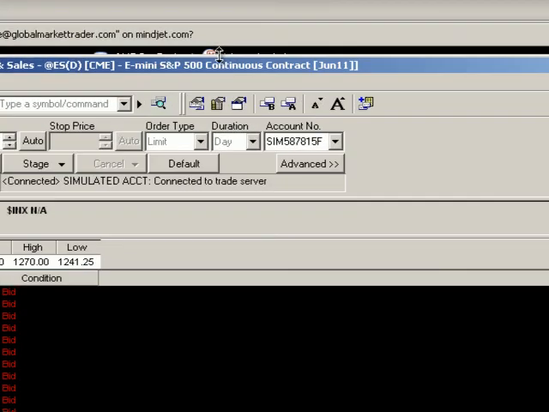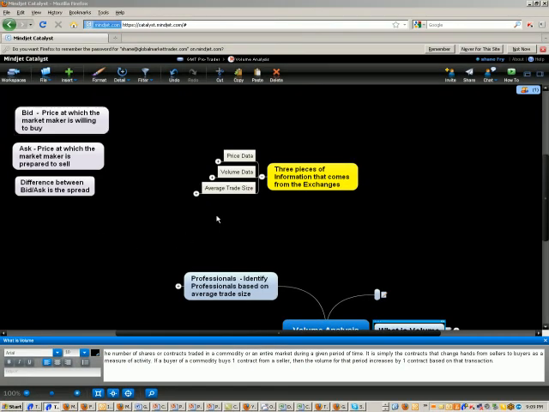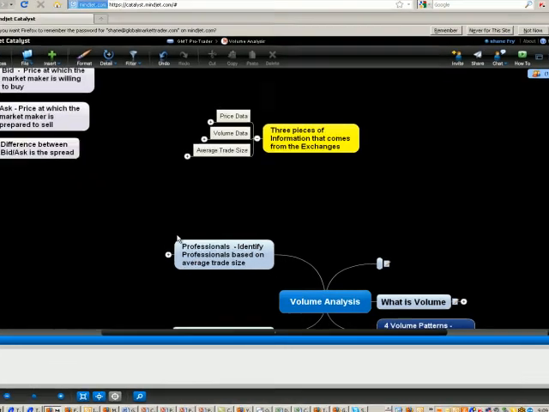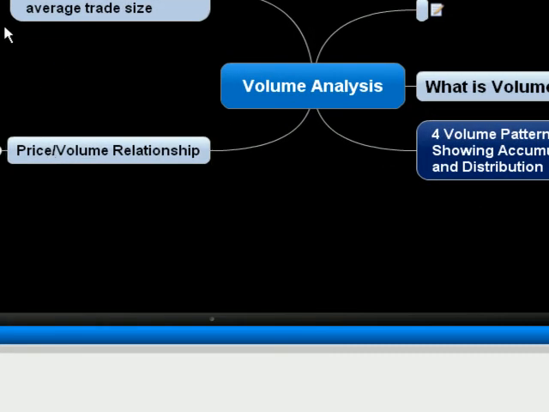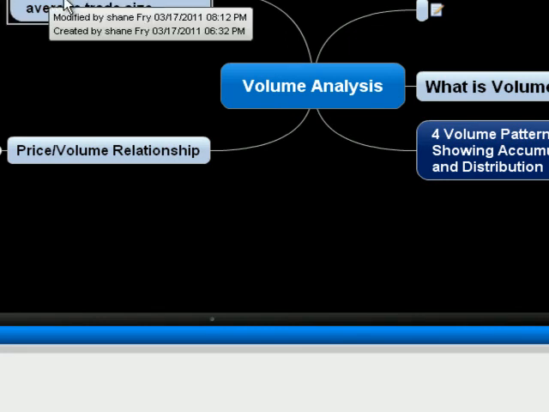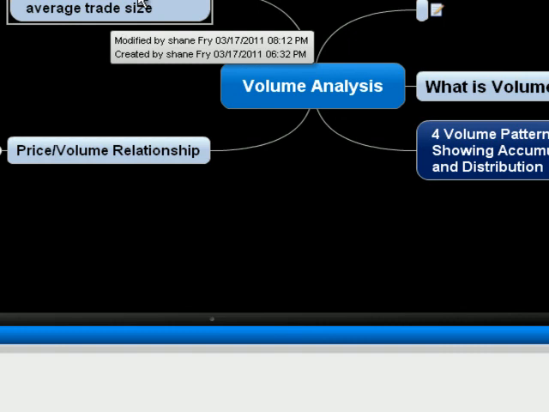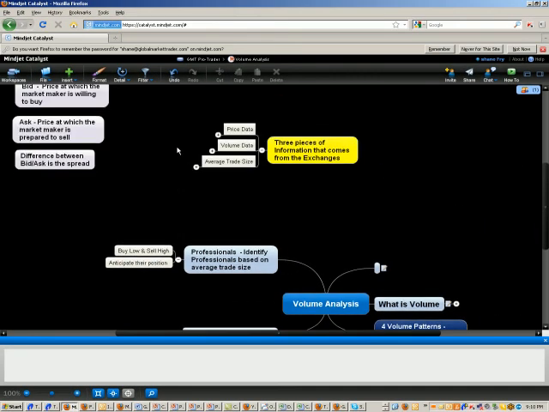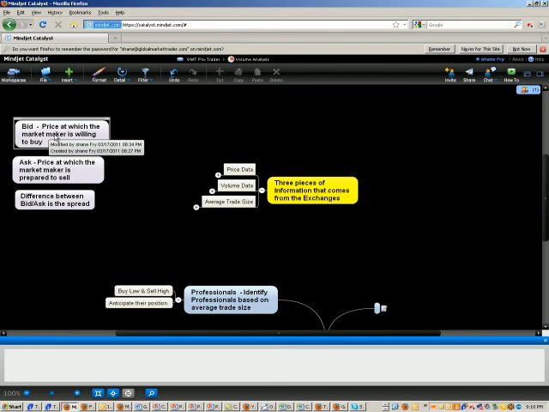If we were to categorize the types of traders in the market by average trade size, we could say that in the market there are basically the professionals and the amateurs. The professionals are identified based on their average trade size. We look at professionals as having substantial size in the market, and we're going to explore that a little bit in a minute. But just as a bit of a recap or refresher, I've got some definitions there on the bid and the